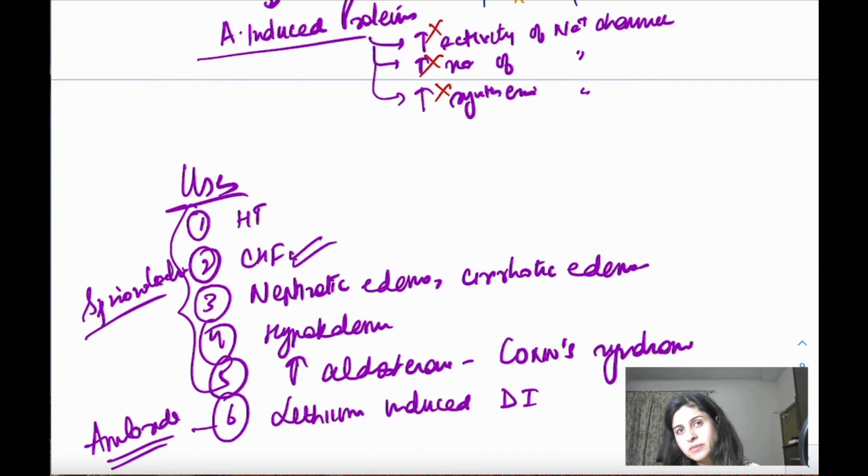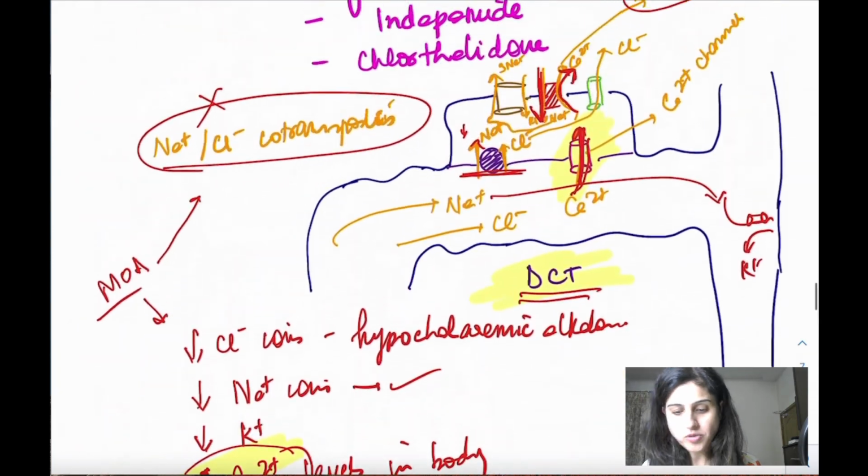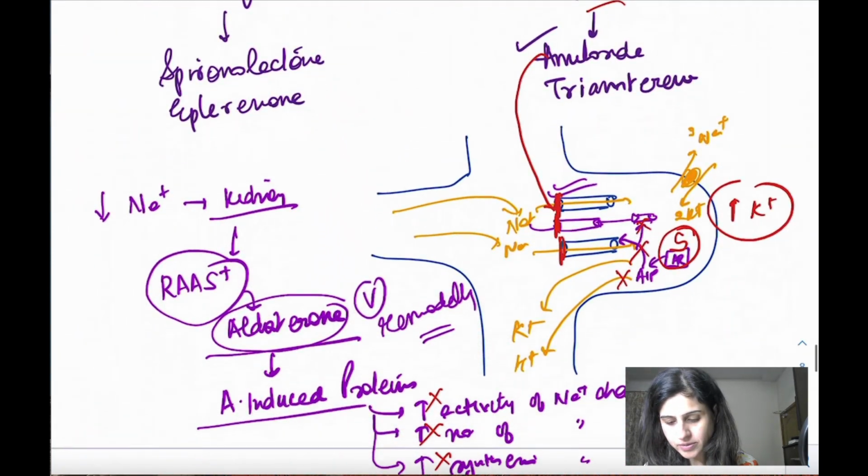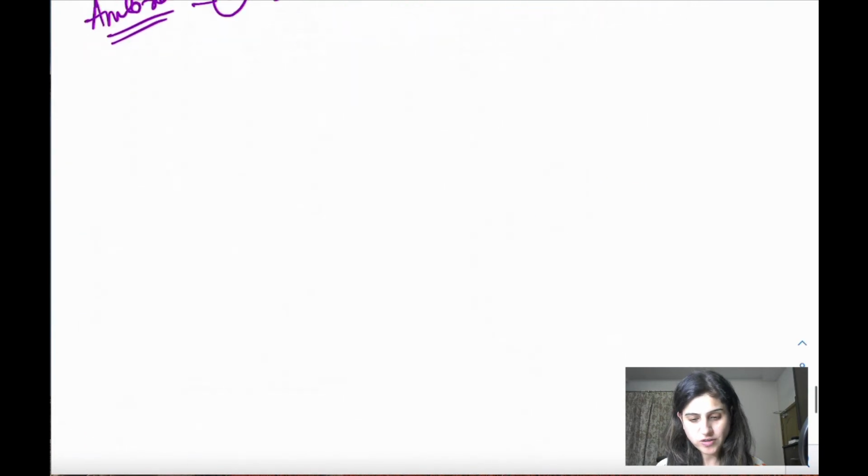What happens when lithium, its side effect is, it acts on these channels, and there is reabsorption of sodium also along with it in the same channel. यहाँ पे जब cause करता है, so there is a lot of fluid going wasted, and sodium is getting diluted inside. So lithium का side effect है, it causes a condition like diabetes insipidus. So what you do, you give amiloride, it will block these channels, and lithium will also not be reabsorbed, and sodium is also not going to be reabsorbed. So that is how it functions in this case.